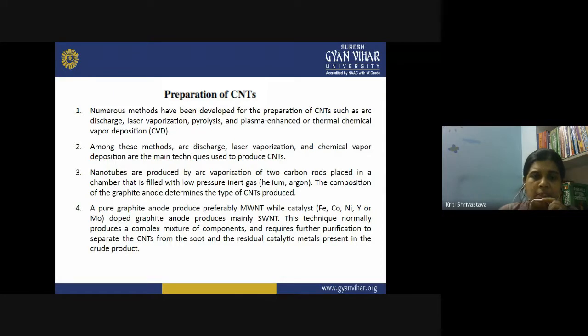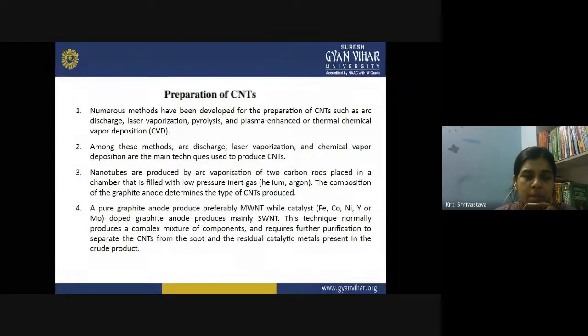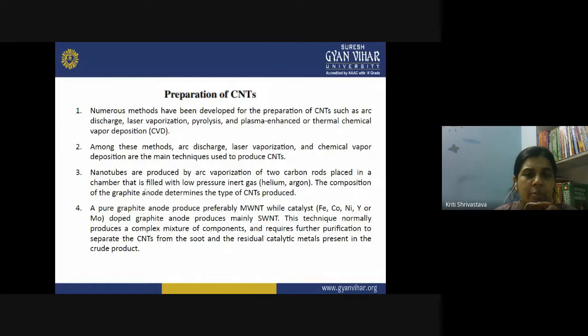The composition of the graphite anode determines the type of CNT produced. So you can alter the graphite anode composition, and you can get the type of CNT that you desire. You can prepare a single walled nanotube, you can prepare multiple walled nanotube by merely changing the composition of graphite